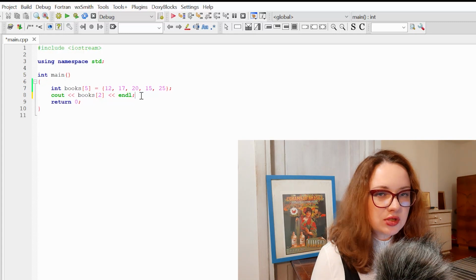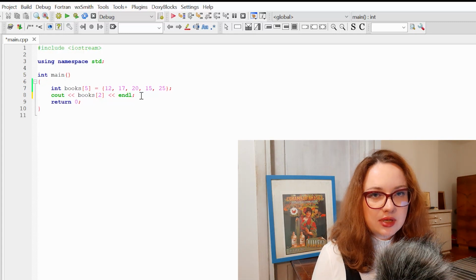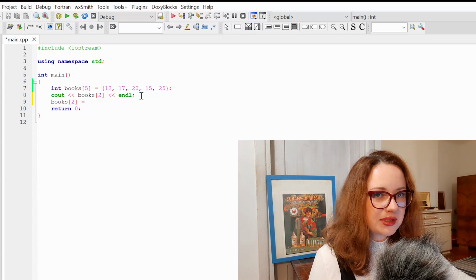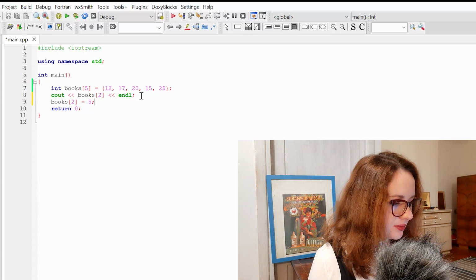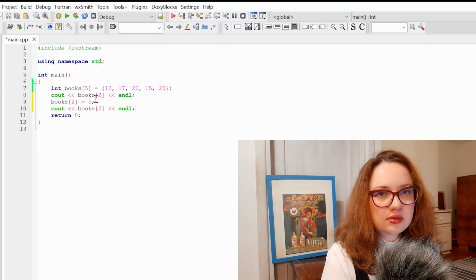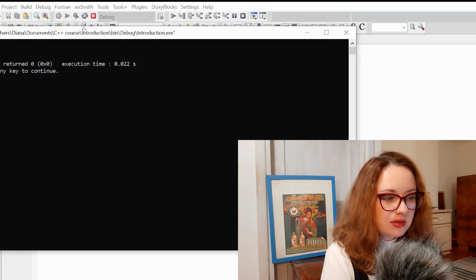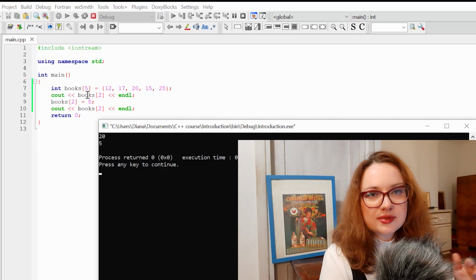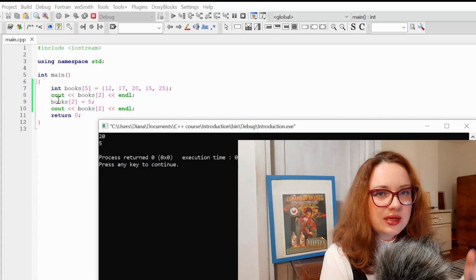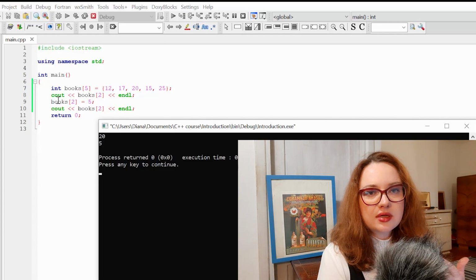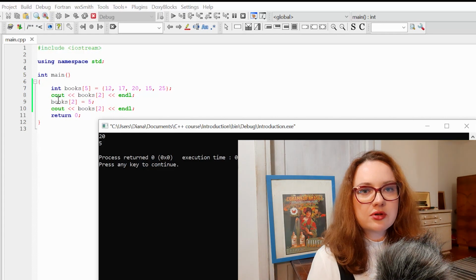So let's now once again show the element number 2 in my console, and in the next row let's try to assign some different value. So let's say now in box number 2 I want to have 5 books, and if we write the new amount of books in the console, let's build and run our program, and you can see the result of the first line. I had 20 books in the second member of my array, and then I assigned a new value, 5, to the second member of the array, and now I have number 5 stored in the second member of my array.